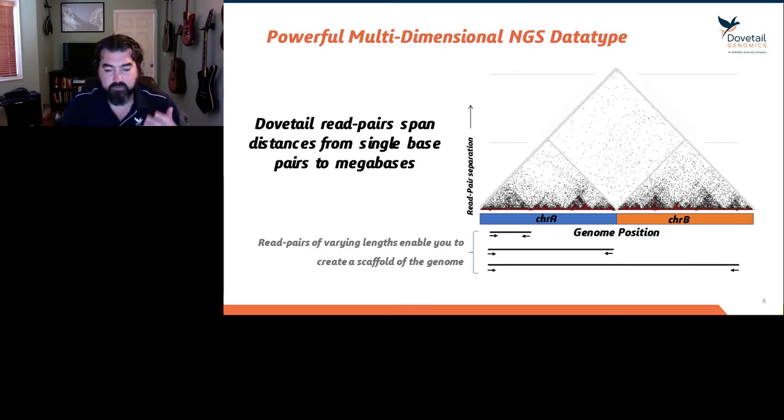And as you can see, if you look at chromosome A, there's a lot more contacts within chromosome A than there are contacts across chromosome A to chromosome B. The other thing is that you can see there's a scale where there's a lot of black pixels, and then there's some red pixels close to the x-axis. That just indicates there are more contacts in the shorter range than in the longer range, indicating that regions that are close to each other in linear space have a higher frequency of contact